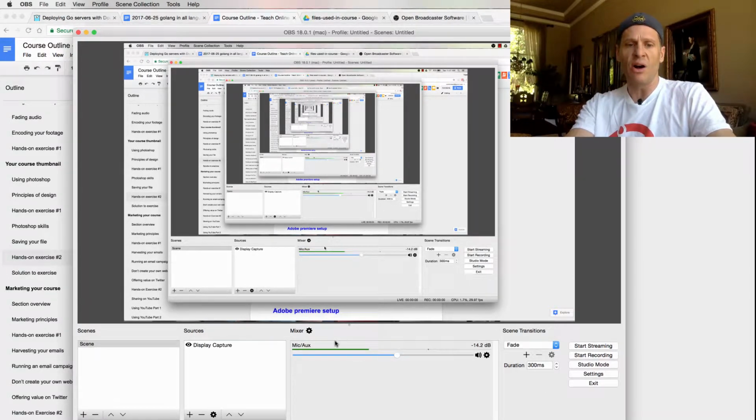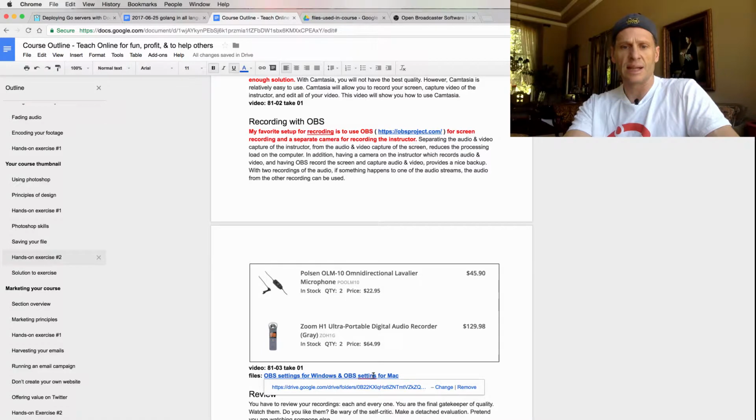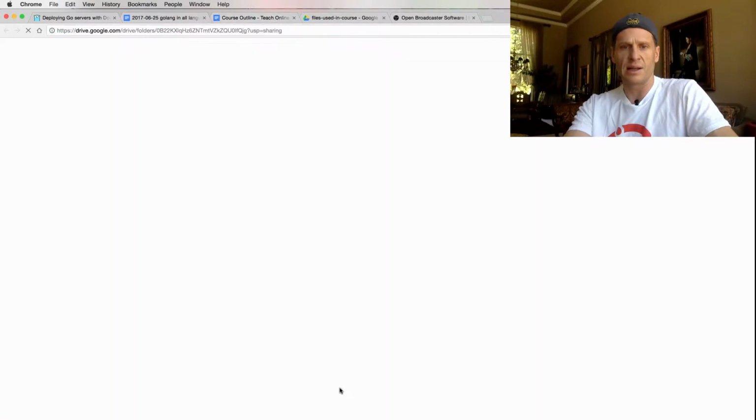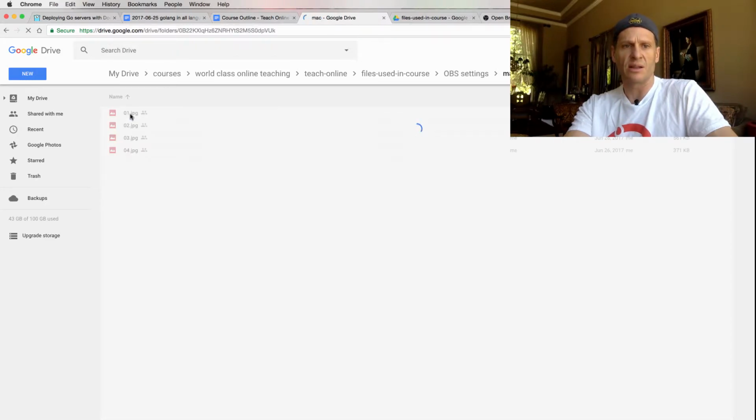And I have all of the settings for you in OBS right here. So you could click OBS settings for Windows and settings for Mac. Let me change the spelling on that. And so here are the settings for Windows and Mac. So I have screenshots on these. Like here are the settings for Mac. And when I open these up,